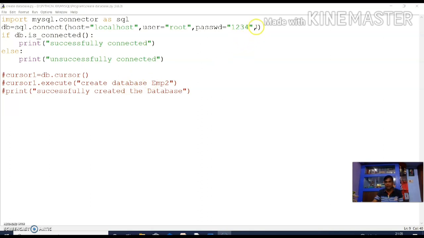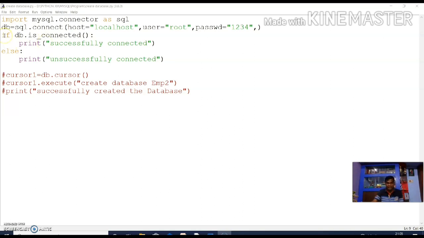That's why I am not writing the fourth parameter. After writing the parameters, MySQL and Python establish the connection. Now, to check whether this connection is established or not, I am using the is_connected function.